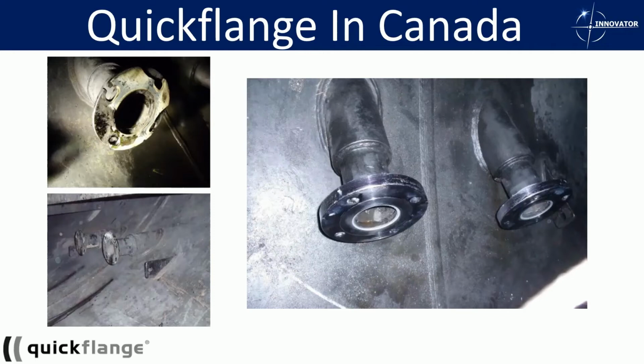They also had a big concern with arc strikes as they were trying to remove the flanges and do the welding. So originally they had more than 180 schedule hours, 500 plus man hours planned in this job,